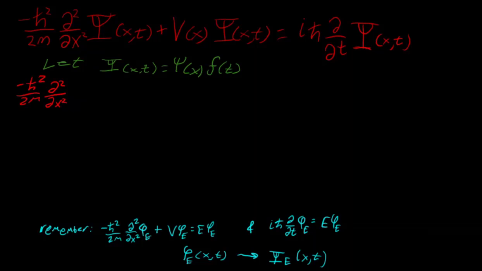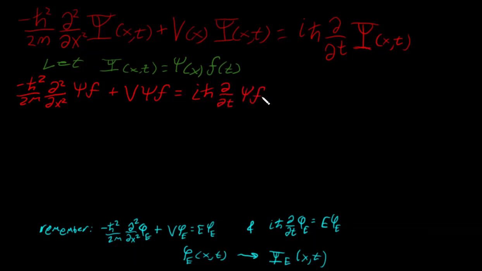For right now, because it's going to get very, very difficult to write all of the x's and t's, I'm going to leave them off. I'll put them back in a little bit later. Okay, so this is psi times f plus V psi f equals i h bar d by dt